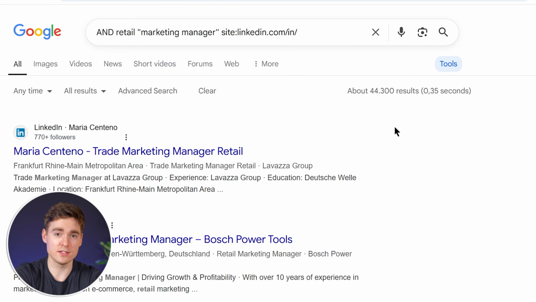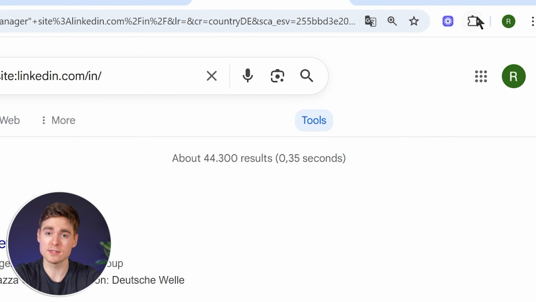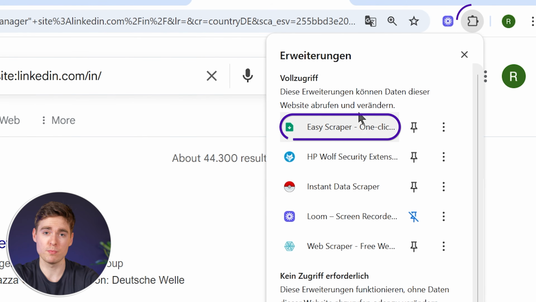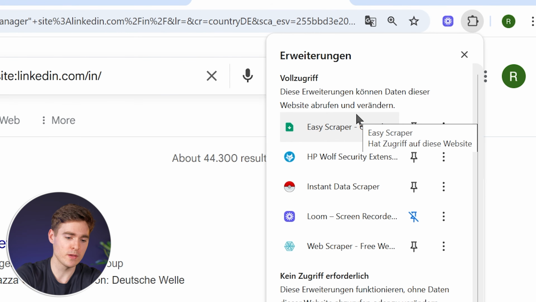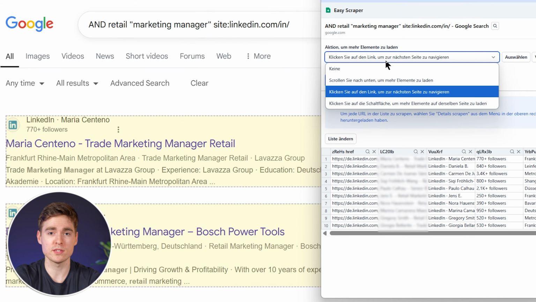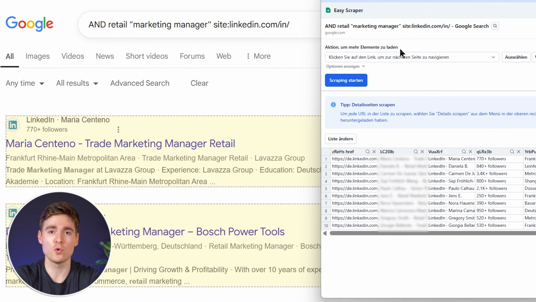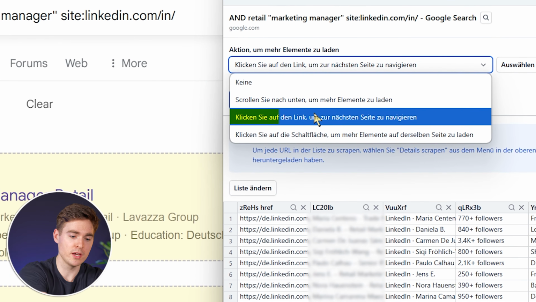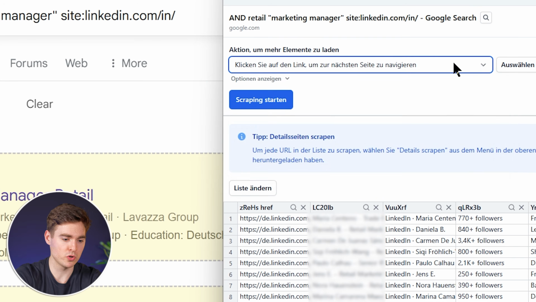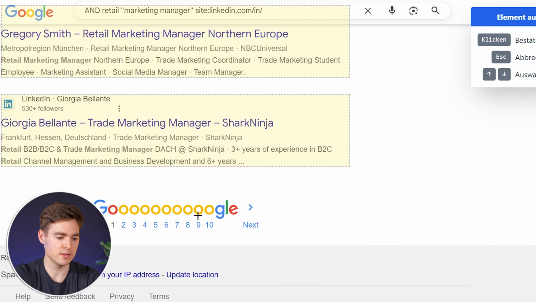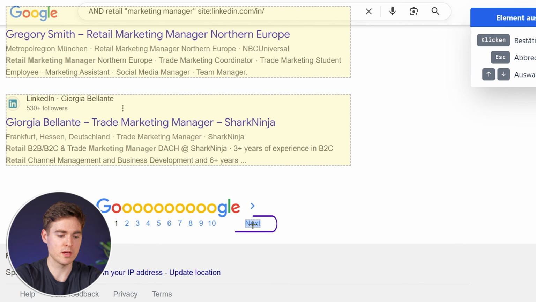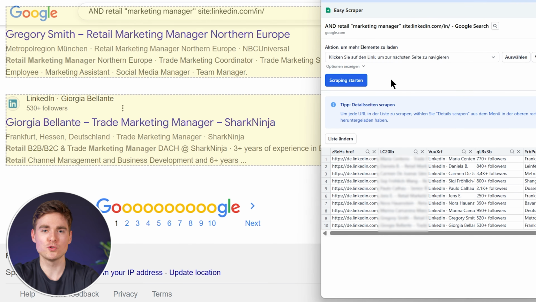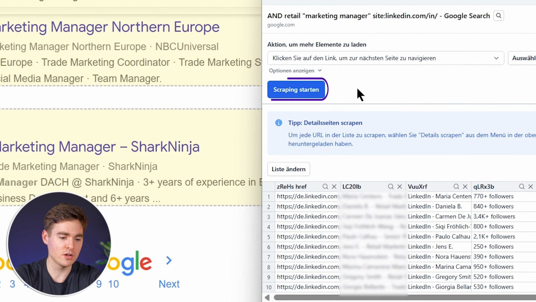Now to extract these leads, we're going to click here on the puzzle icon. We're going to click on Easy Scraper, the Chrome extension that we just downloaded. And then we're going to show the extension where it should click to go to the next page. So you need to select the option where it says click on the link to get to the next page, and we're going to scroll down, select it, and then use the next button to go to the next page, and the scraper can do it automatically. This is basically the only thing you have to do, and after this is done, just click here on Start